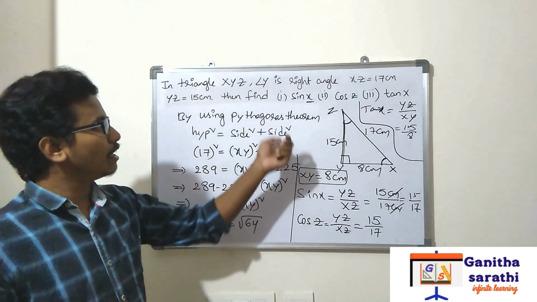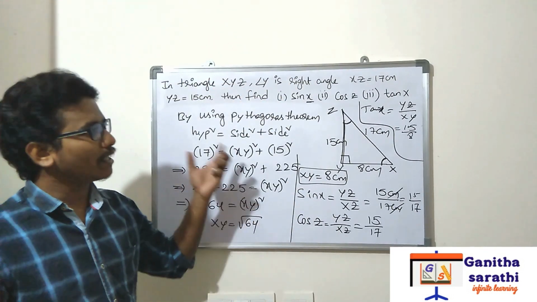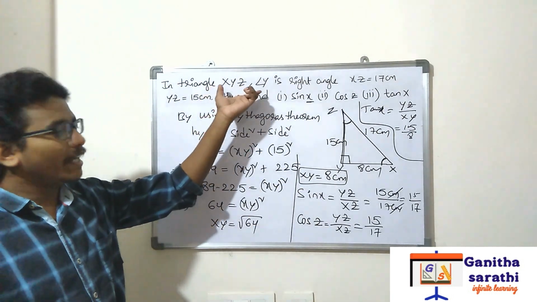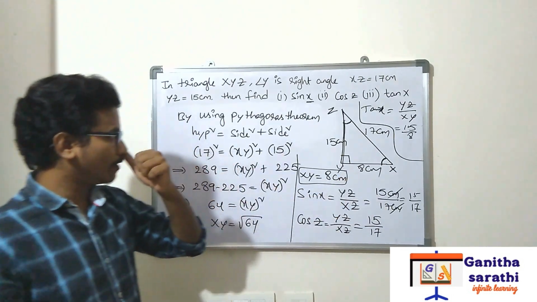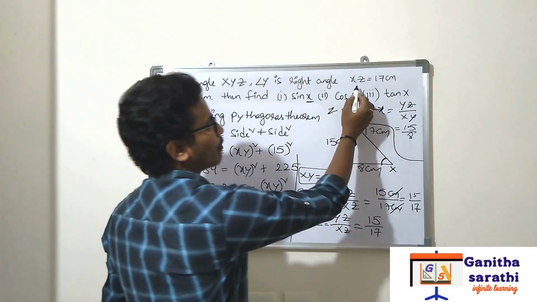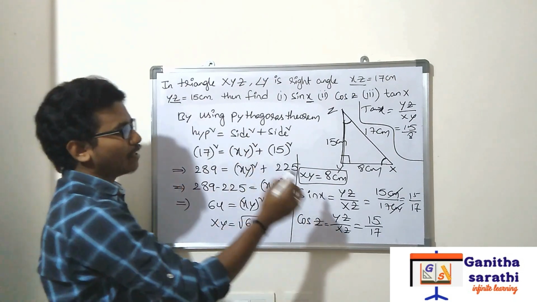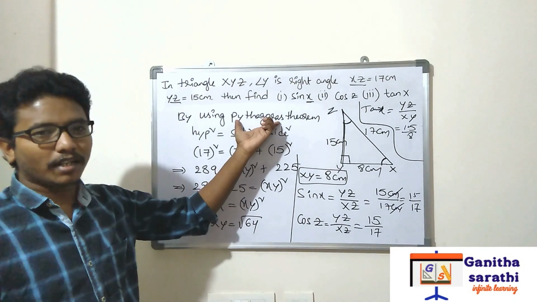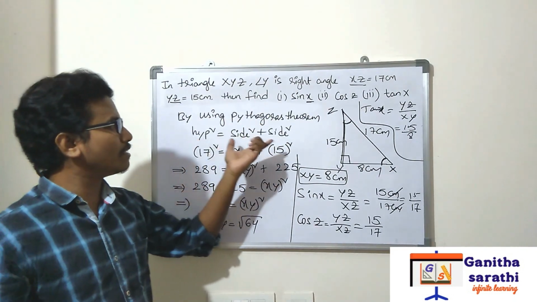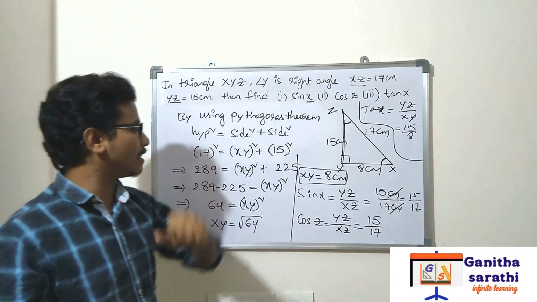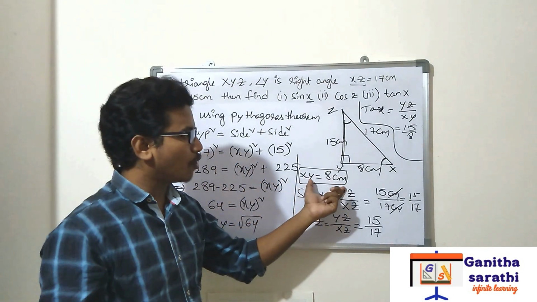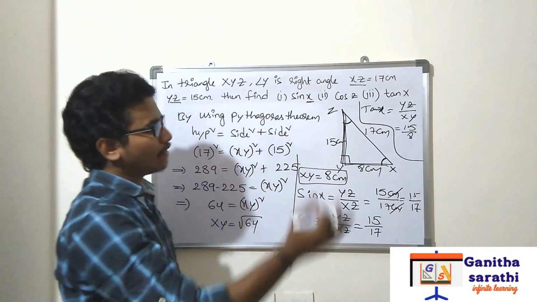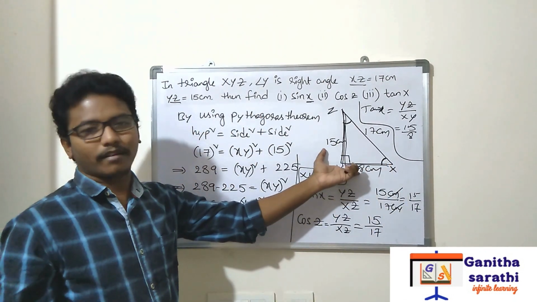Okay, understood all of you? Based on yesterday's trigonometric ratio definition, we are doing this problem. So first, what is that? In triangle XYZ, angle Y is right angle. So he is giving only two measurements, two sides, that is XZ and YZ. We should find what? XY. For finding XY, what are we doing? We are using Pythagoras theorem. What is the formula? Hypotenuse square is equal to side square plus side square. So we got XY value is how much? 8 centimeters. By using these three values, you can find any trigonometric ratio because you have the formulas, right?